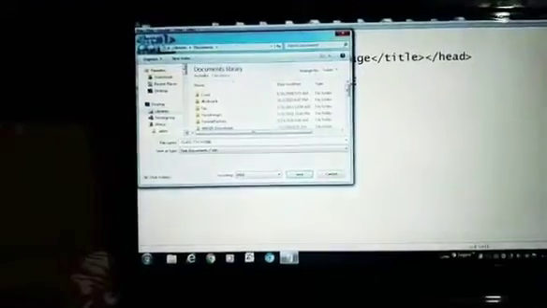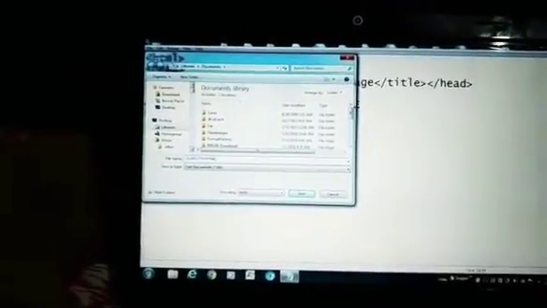I will type class seventh HTML. Okay, now we will give the extension also with this name, the extension by which we are able to open our file on the web browser.